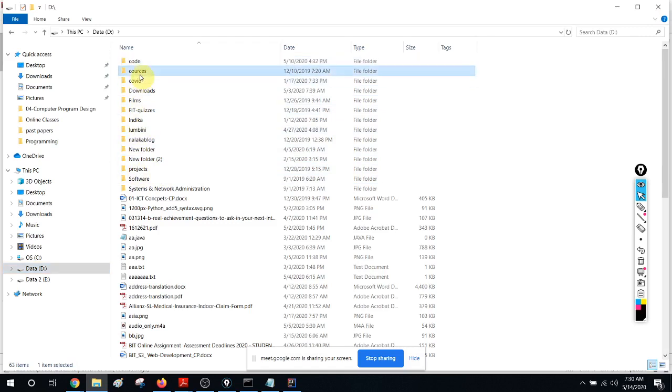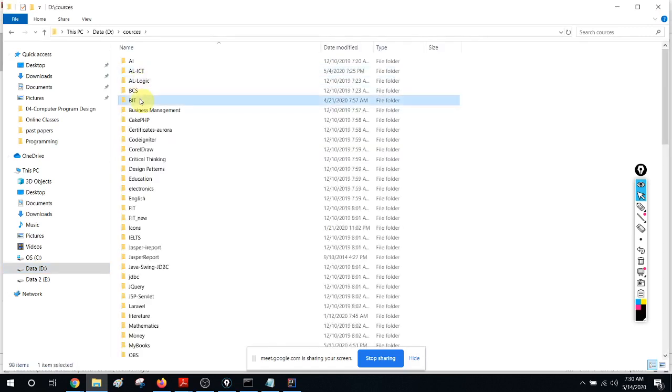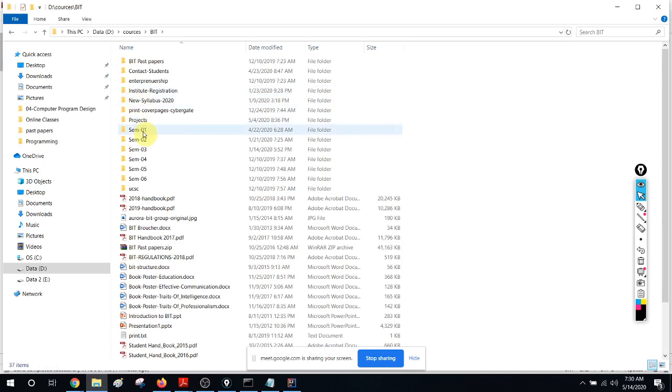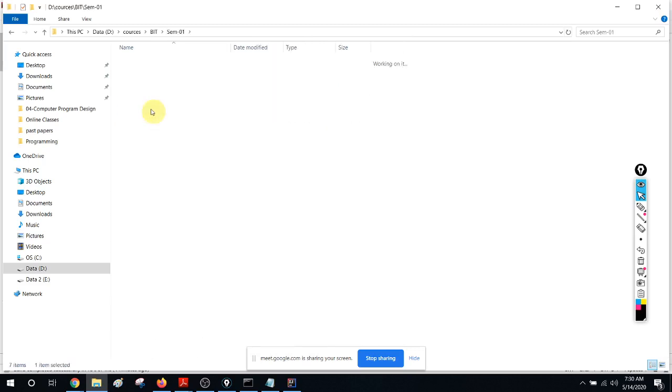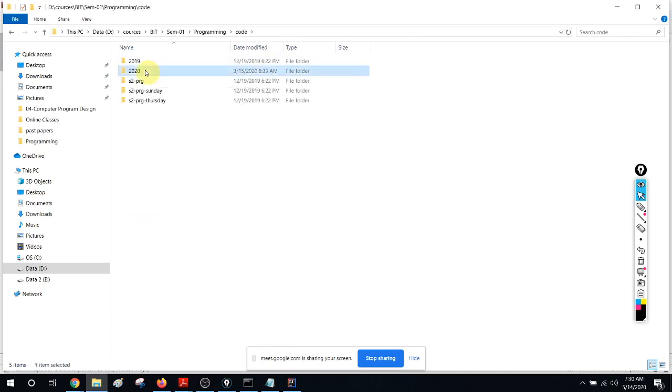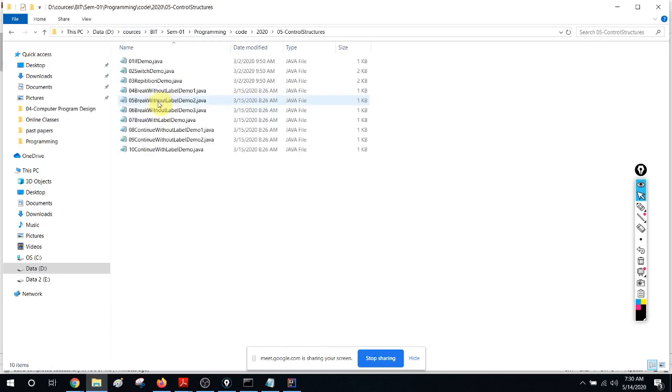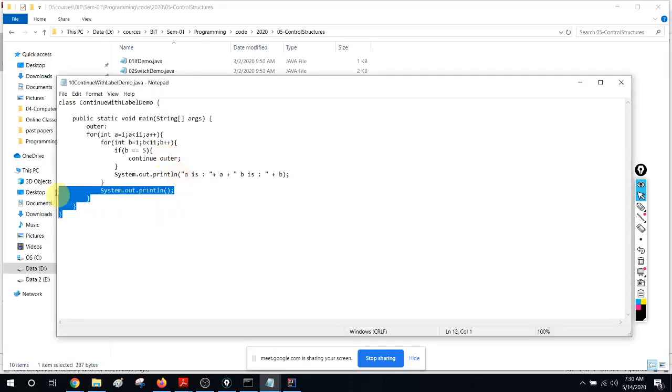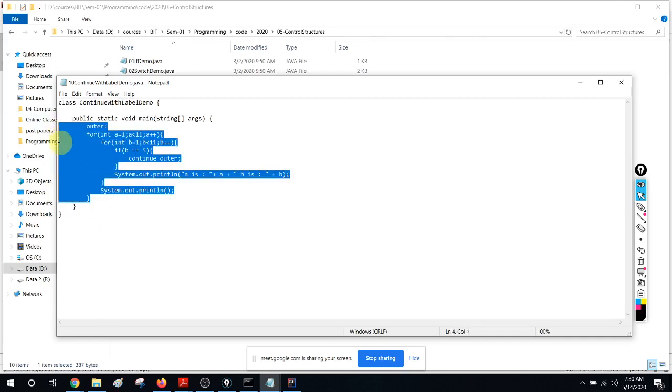D courses, BIT SEM1, programming, sorry, code, 2020. So all these codes I have uploaded to the website, right? So I will take a code from control structures, continue with label D. So I'm going to put that code and show you how to do a debugging session, right? So I will just take the main method only, whatever inside the main method,